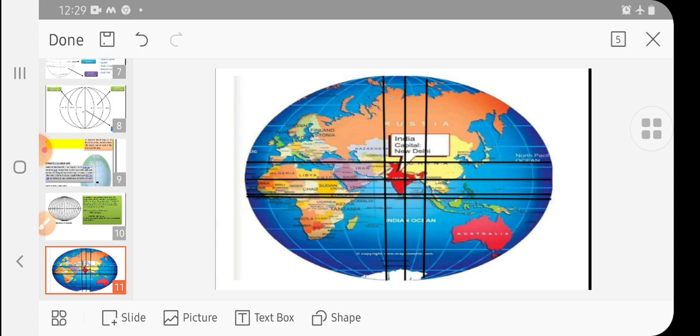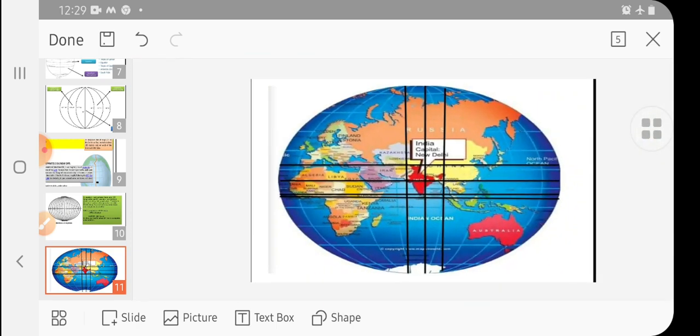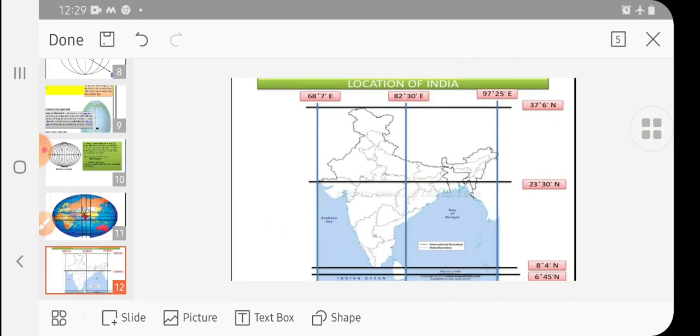So here again we can understand the location of our country. India's capital, New Delhi, is shown here, but we are only taking out the location of our country. We'll see how it is. So today we understand only this much. The reason is that the video will be longer and cannot be understood. So we understood the basics, and we know what the extension of our country is.